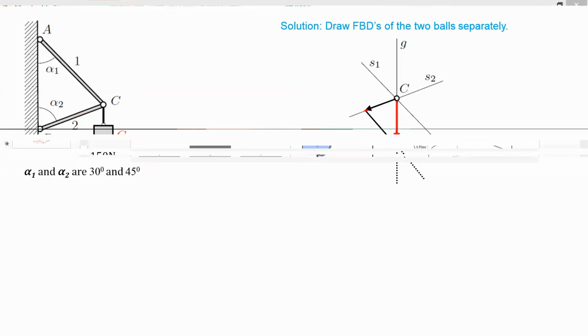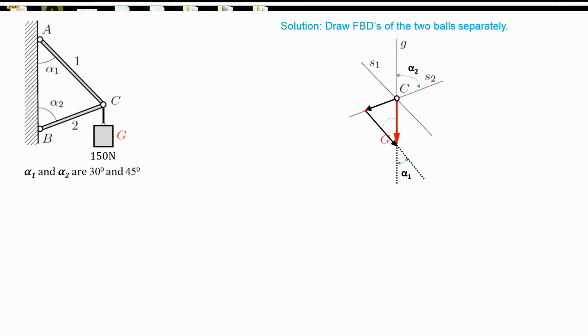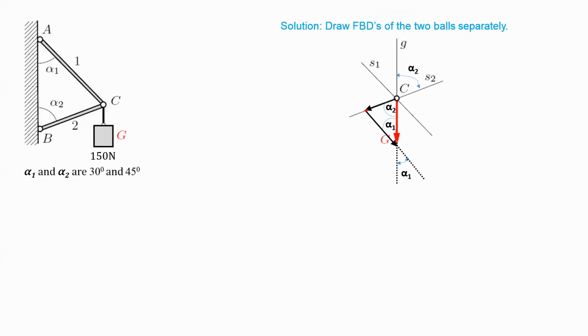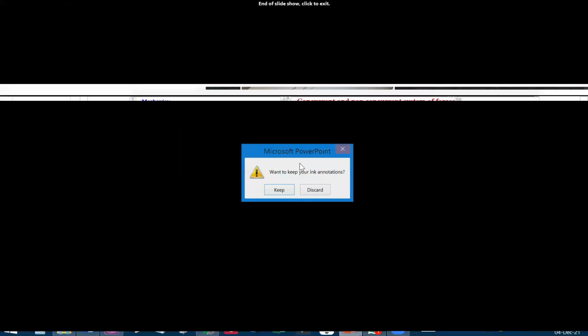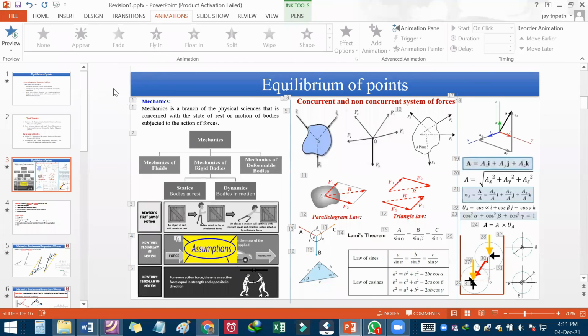And now find out all the internal angles. So this is alpha 1, alpha 2. In this way, you can find out all the angles and you can apply Lami's theorem. So that's all, guys. Thank you. This is the revision of the first chapter, that is equilibrium of